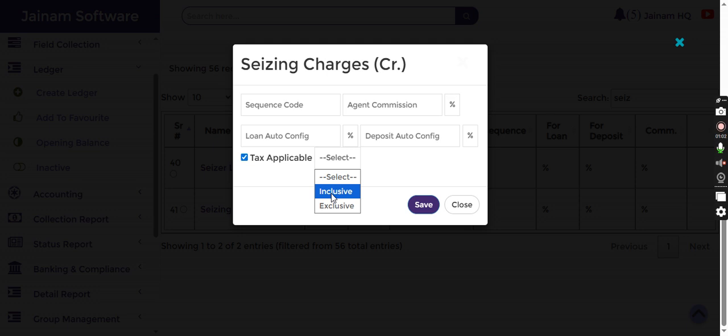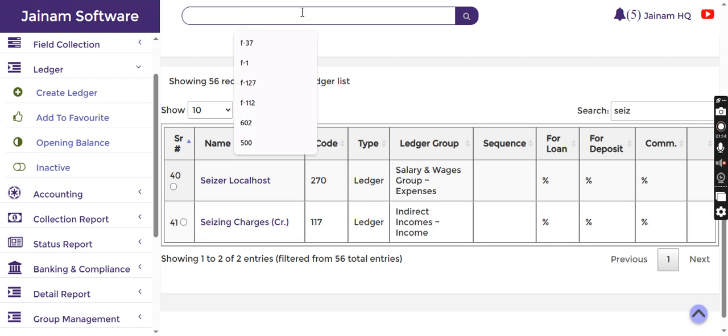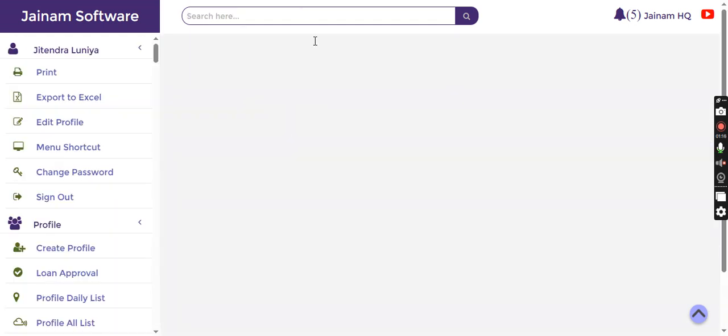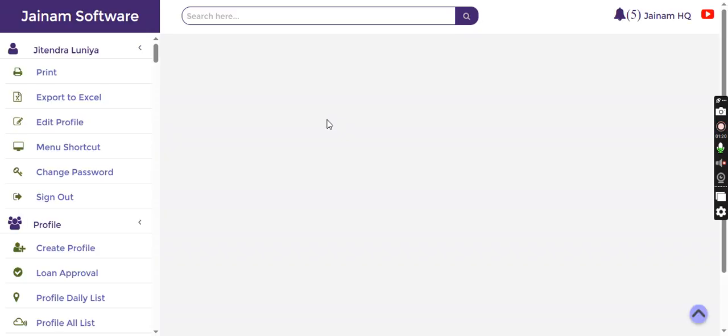Select including GST amount or excluding GST. Let's say if I decide that whatever amount I enter, it should be inclusive of GST, I select inclusive and click save. Now I search the same loan, that is I'm searching the same profile, then going to passbook, click the loan, and